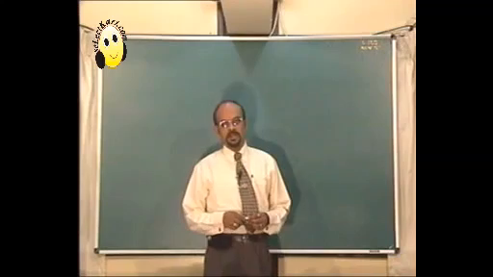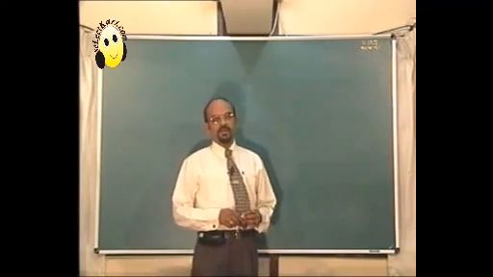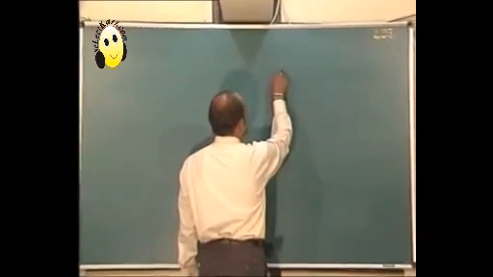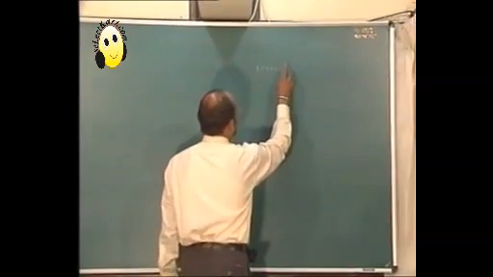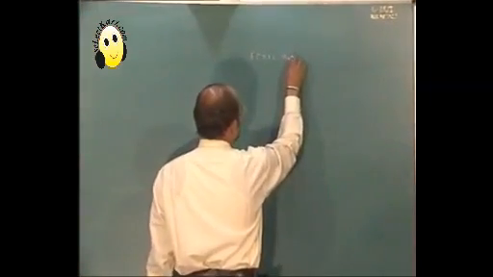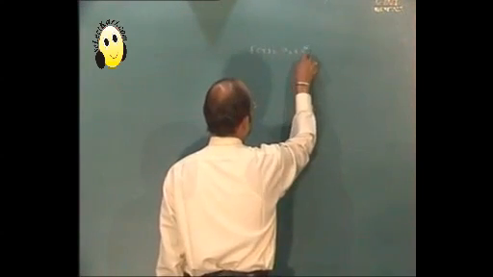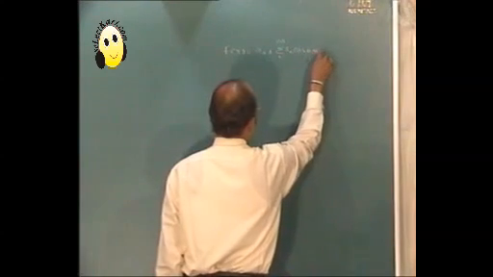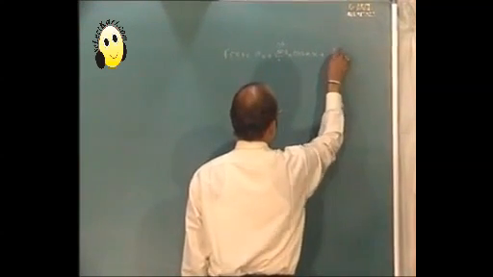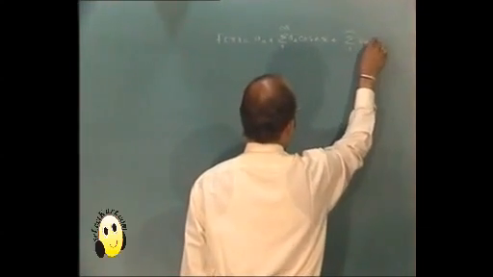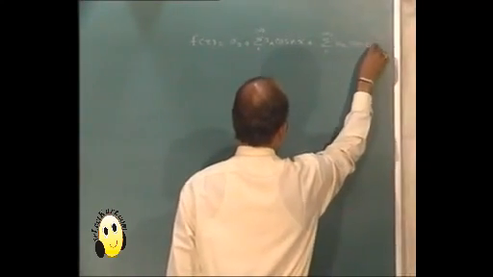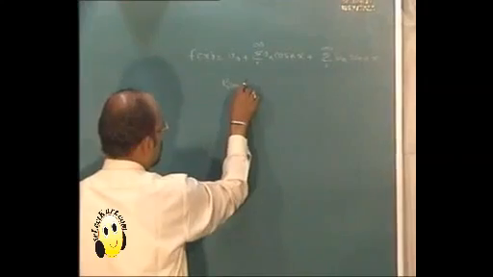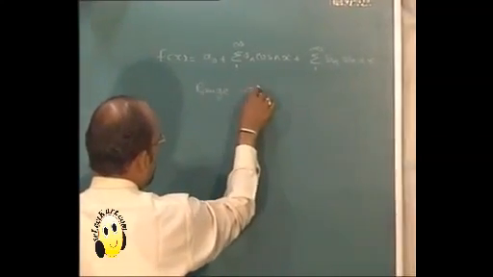In the Fourier series, we have defined the Fourier series as f(x) is equal to a0 plus sigma 1 to infinity an cos nx plus sigma 1 to infinity bn sin nx, and the range is minus pi to pi,